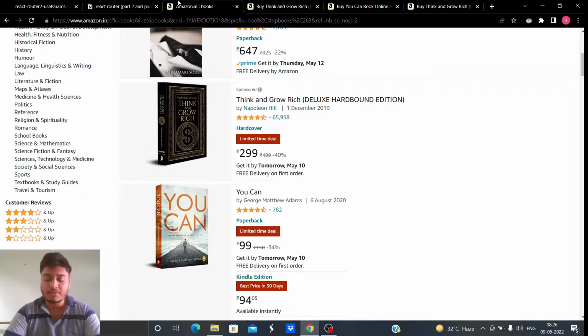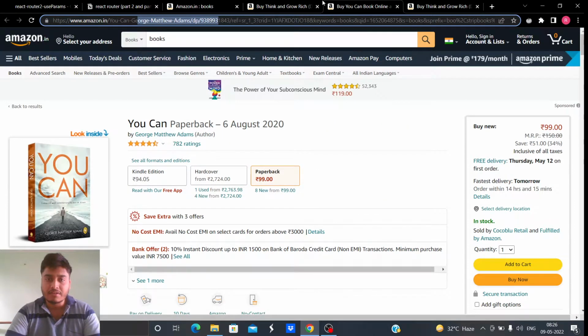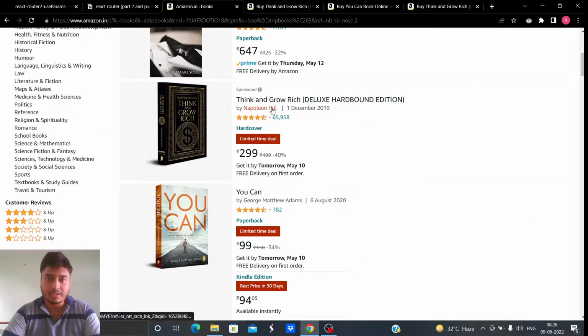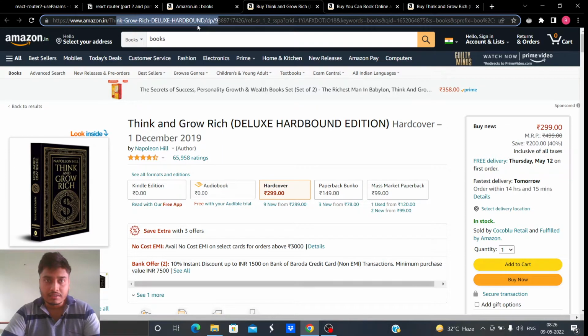So what we do instead is use params, and we can achieve this. Instead of having thousands of routes, we can achieve this with a single route. Yes, you heard me right, a single route. Whichever link the user clicks on, the URL will change and this information will be displayed.